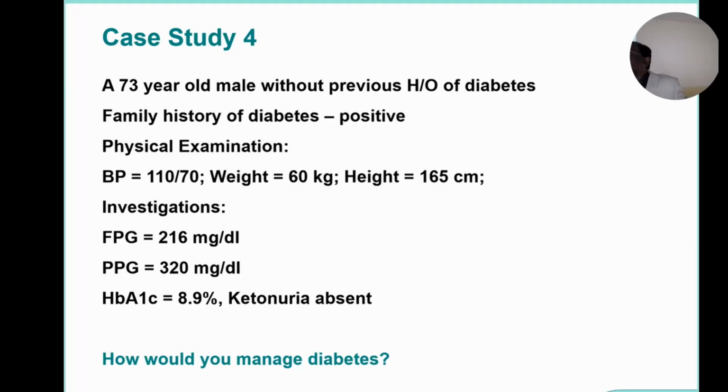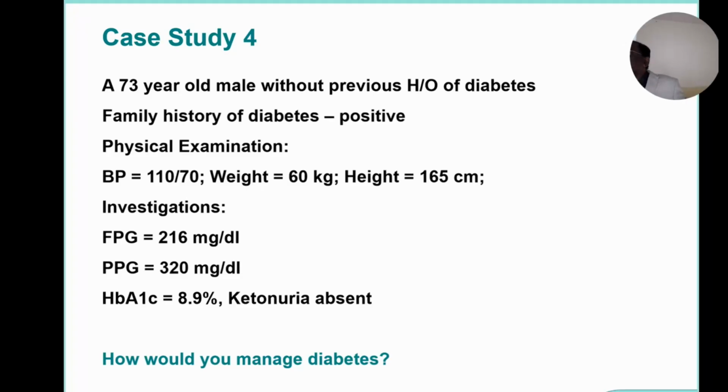So the take home point is type 1 diabetes occurs in less than 20 years age group in the majority of the cases. But sometimes it can occur at any age group. Type 1 diabetes can occur at any age group. So even at 73 years old, I have a few people more than 70 years presenting with type 1 diabetes. They have the classical 3 Ps and weight loss, ketosis positive, very high blood sugars. The age is 75 years. So it's type 1 diabetes.